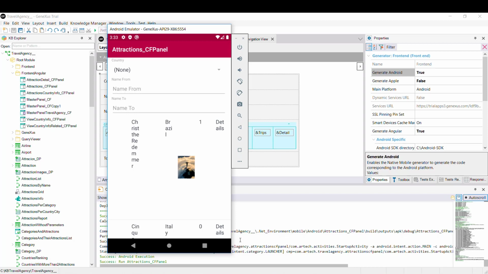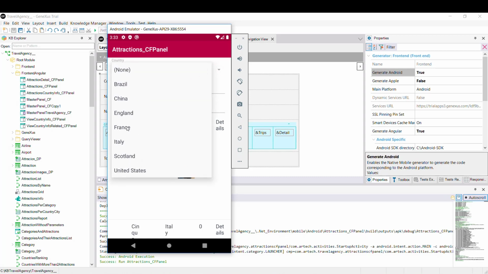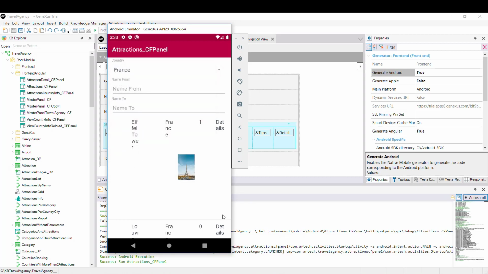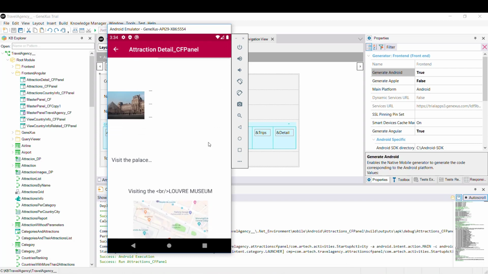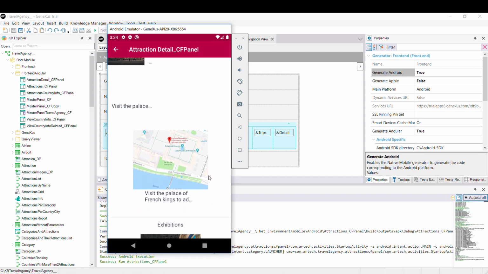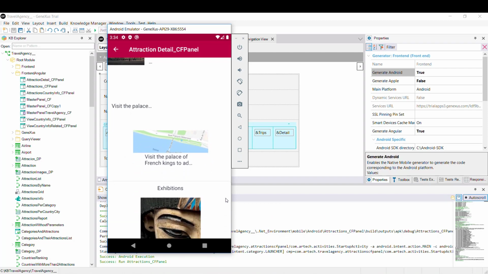Obviously, we should define a layout according to the screen size of a phone, since, when we designed the panel, we were thinking about the screen of a web system that would run on the screen of a desktop computer. But beyond the design, let's check if it works properly. In the filter, we chose France, and it shows only the attractions of France. Now we click on the details of the Louvre and see that the screen opens with the details of the museum, showing the map and the exhibits as we expected.